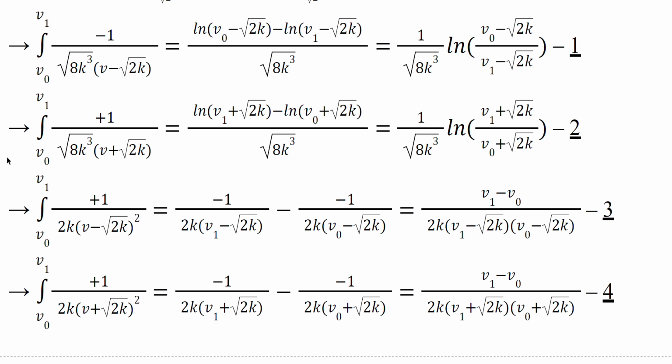And then this is basically the same thing. This is just v plus root 2k. If you have the integral of 1 by v plus root 2k dv, then what you're going to do is just take it as ln of v plus root 2k, because